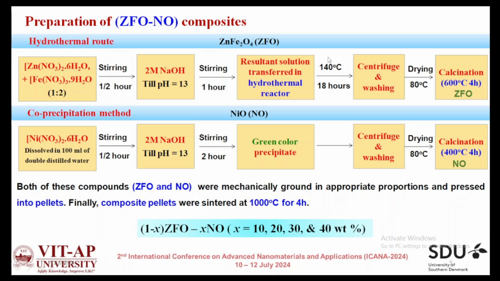After synthesizing these single phase compounds, both ZFO and NiO were mechanically ground in appropriate proportion and pressed into pellets, and these pellets were sintered at 1000 degrees for 4 hours for proper interaction between those phases. And we have taken the weight ratio from 10 to 40% of NiO to prepare ZFO NiO